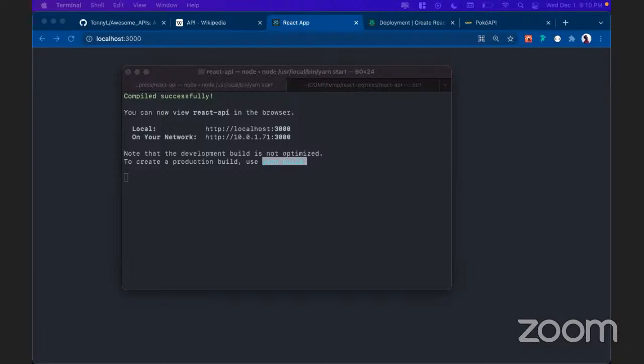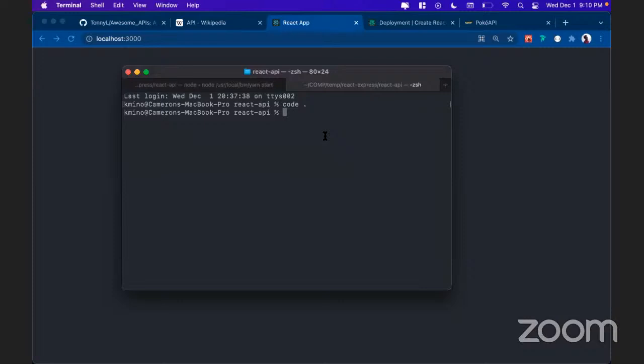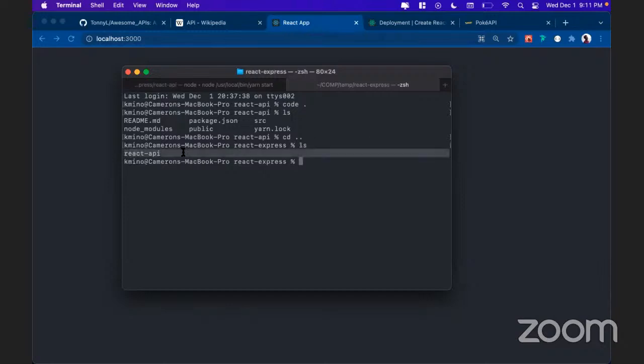I'll just go back into the folder that I'm in, right? I'm in this project folder, and inside of there, if I ls, I have all my Create React App stuff. So I'm going to go out of this folder and then up one more directory. So I'm in kind of a parent directory. If I ls now, I have that React API